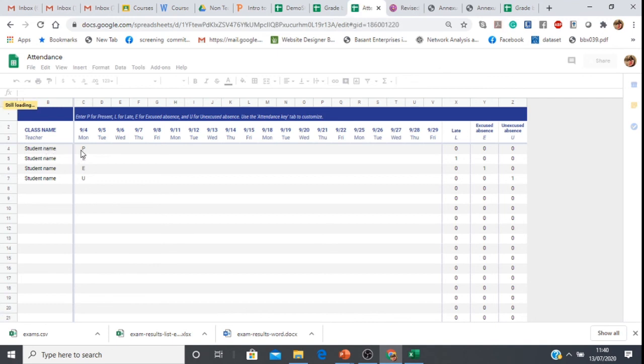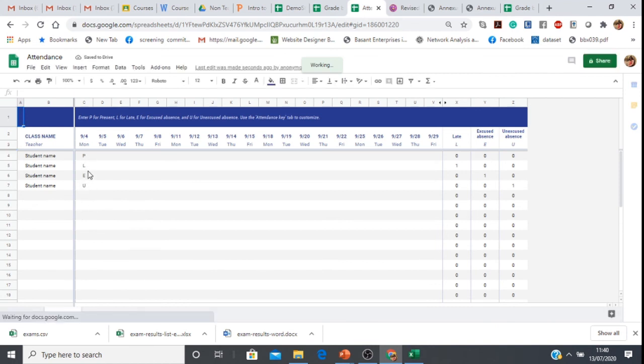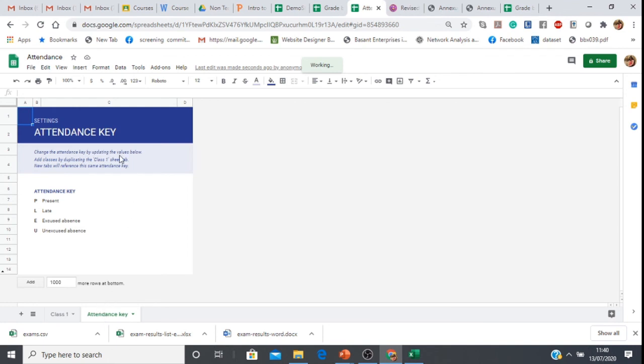Here they have taken PLEU, that is P is present, L for late, E for excused absence, and U for unexcused absence. So we can calculate these parameters according to the student's attendance. So this is the attendance key here, which is being used in this XLS.